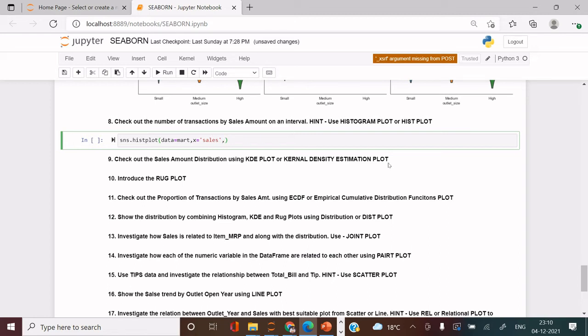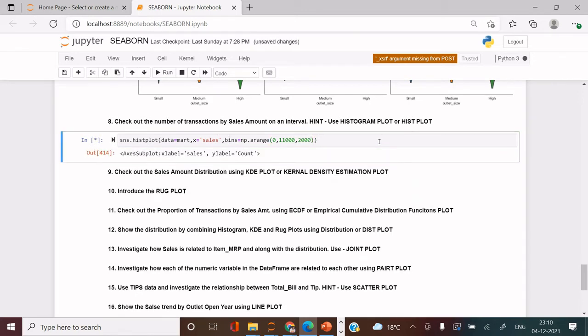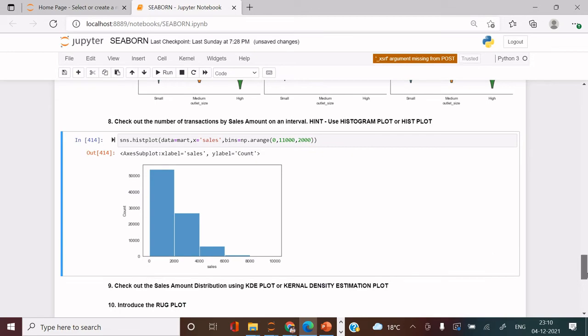For simplicity, I will just use the bins functionality, and in here I will use the range function from the numpy library, and I will start from 0 to 11,000, and I'll give a step of 2000. What all these mean has been covered in detail in a separate video. Just check that out using the link given in the description section.